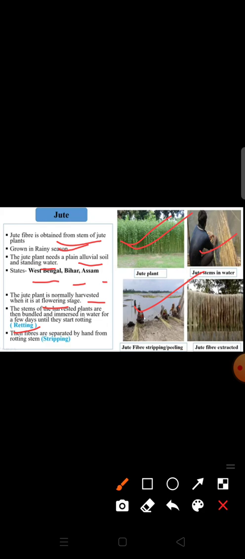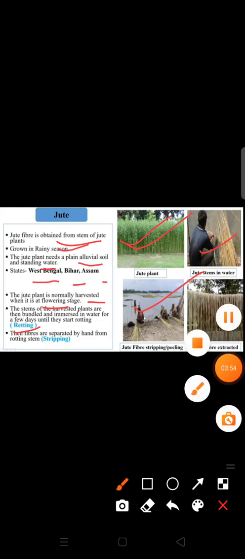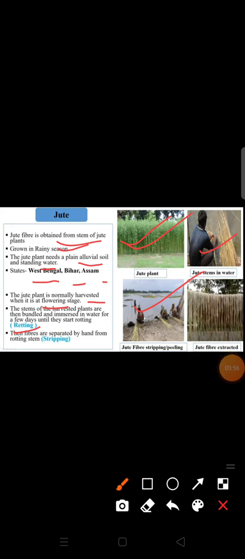These jute fibers are separated from the retted jute stems by the husk, and they are pulled by hand, manually. The fibers so obtained are dried in the sun, and after that they are tied into small bundles. Then these jute fibers are pressed into bales and transported to the mills, and there they are spun and woven into textile.